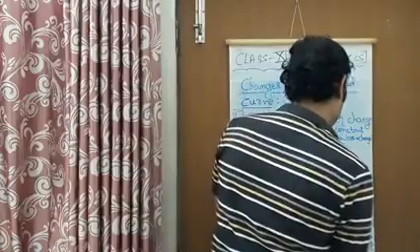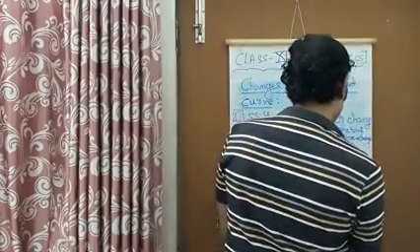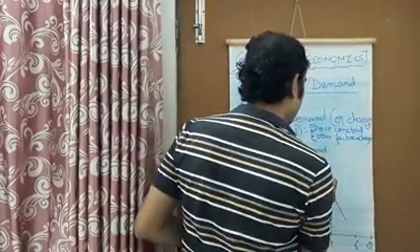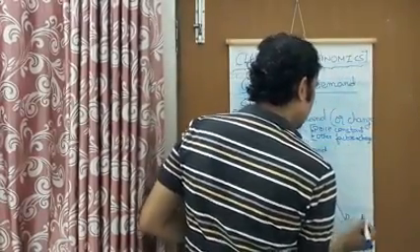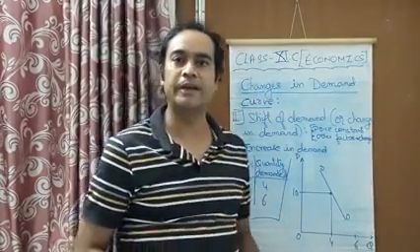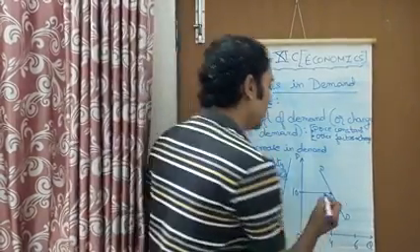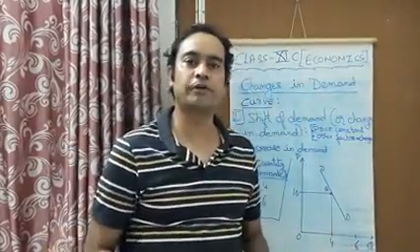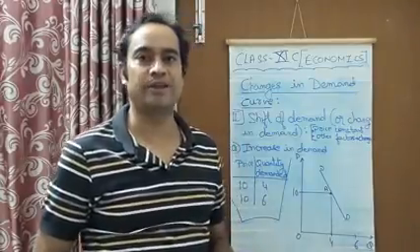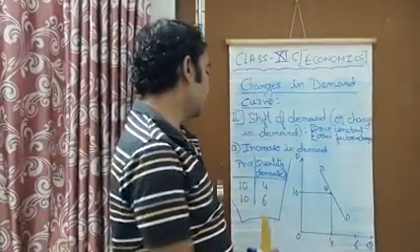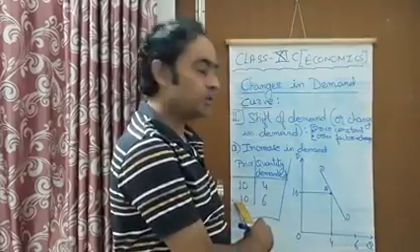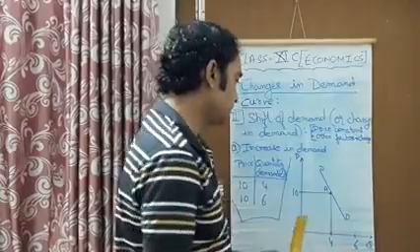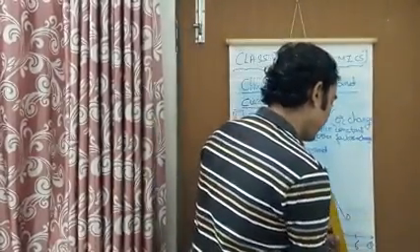We'll give this demand curve the name DD, and we'll call this point A point, right? This is the initial demand of a consumer at 10 rupees price. Then afterwards we can see here at the same price 10 rupees the consumer is demanding 6 units of a commodity. So we'll draw this point also.